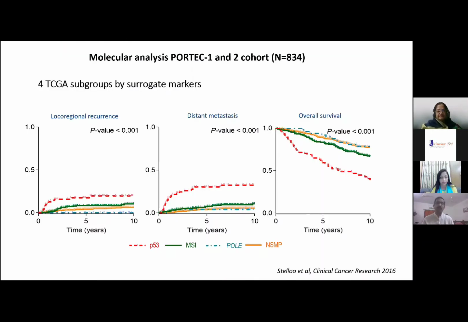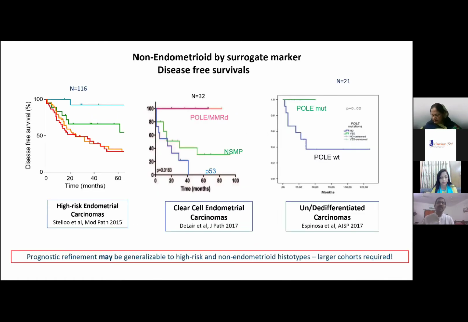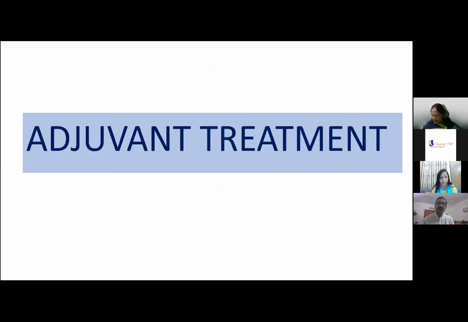And these were based on various outcome studies from the PORTEC-1 and PORTEC-2 studies. Here I have shown an example of the publications from the PORTEC group, where you can see clearly that patients with p53 mutations have higher locoregional recurrence, higher distant metastasis, and poor overall survival as compared to POLE, who have excellent outcome for these various endpoints. On similar lines, for type 2 histology, again, these graphs show that the molecular classification becomes very vital for the treatment. Coming to who would qualify for adjuvant treatment,